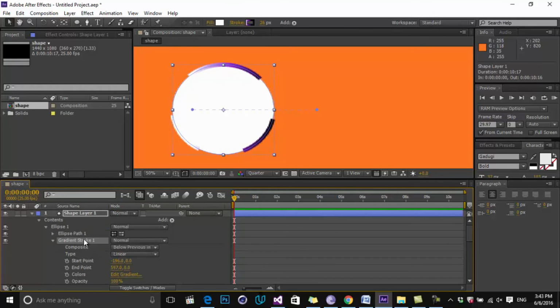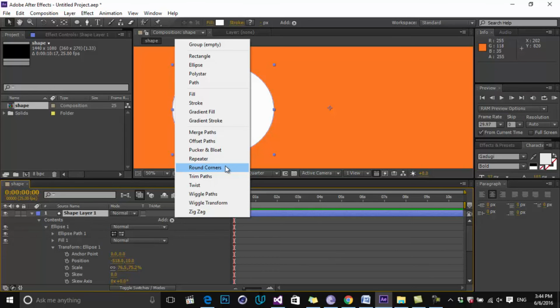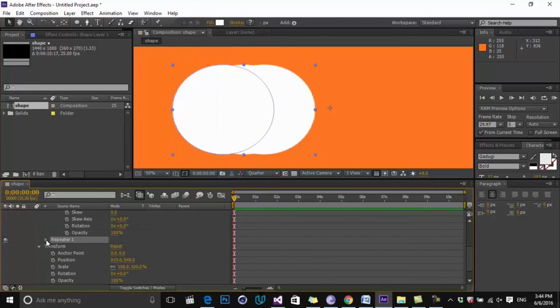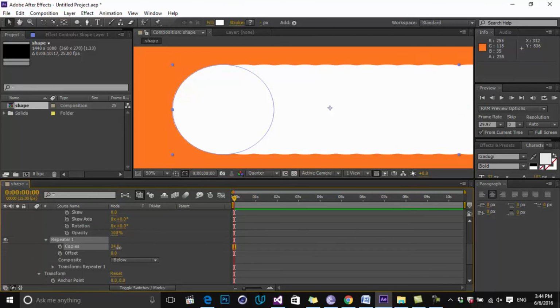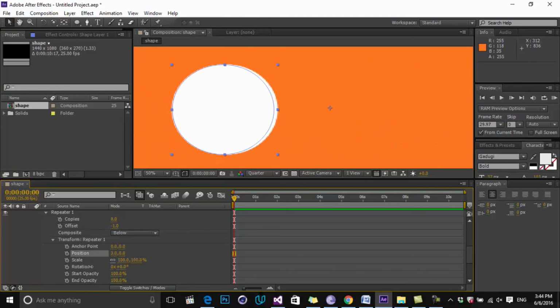The other important option is the repeater. You can repeat your shapes into hundreds of copies or more with this tool. You see, you can transform each of the copies with different values. For example, if I want to create an animation like this, I can just click on the stopwatch